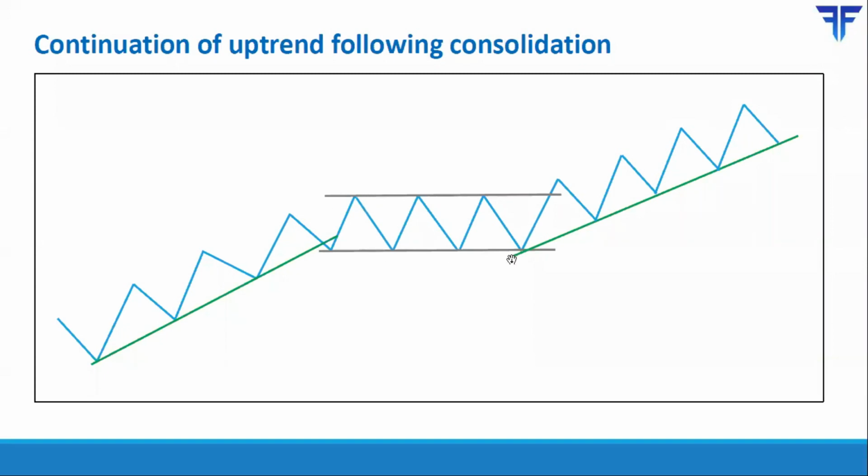So you have a lateral band wherein neither the bulls nor the bears are in control. So in the first 1/3 of the chart, the bulls were in control, and in the next 1/3 of the chart, neither the bulls nor the bears were in control. But as you can see, this lateral band eventually broke over here.